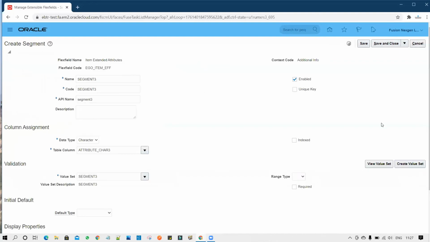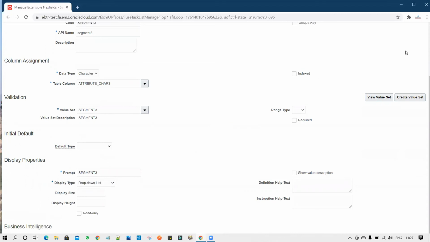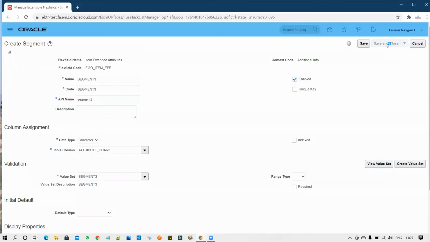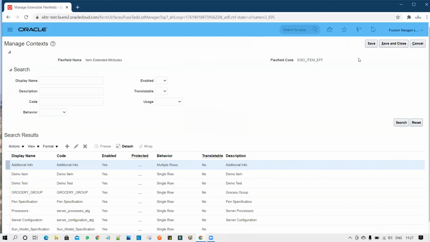So I've added 2 countries. Now I will select it from the drop down, and do the save and close. After doing the save and close, do again the save and close.